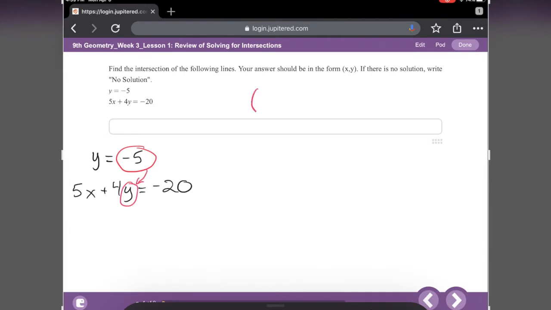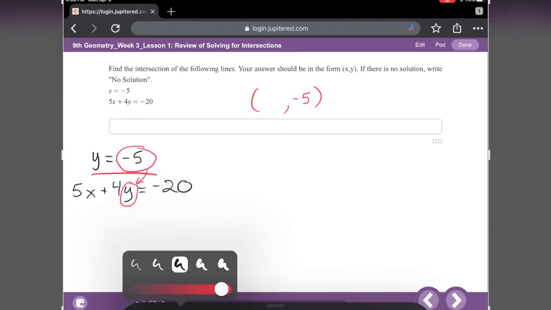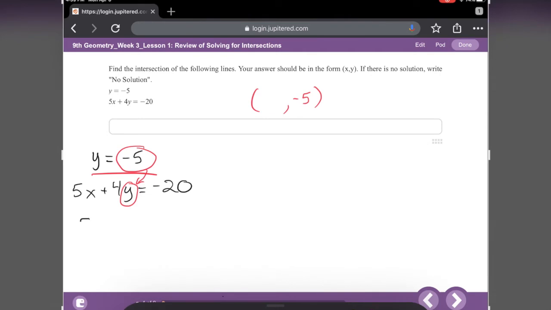We are going to answer in the form of an ordered pair. We already know that our y is going to be -5 because we're just told that here at the top. Now it's all about finding what the x value is. So I'm plugging in -5 for y. Now the equation says 5x plus 4 times -5 equals -20. So now the equation is just in terms of x: 5x minus 20 is equal to -20. Let's see, if I add 20 to both sides,